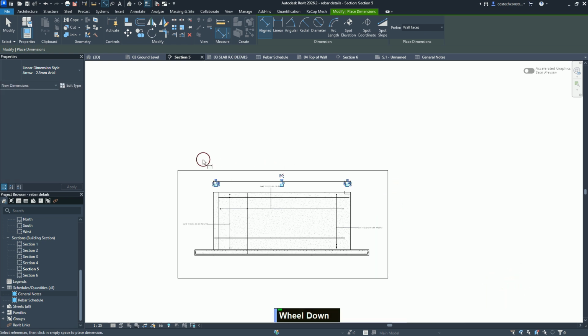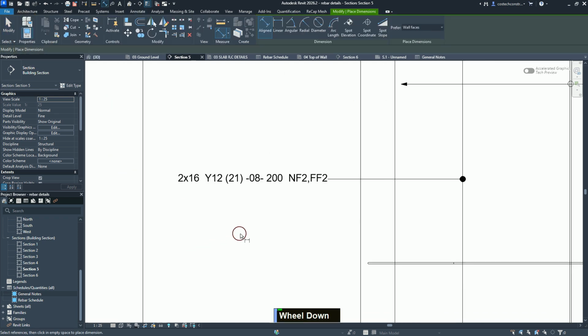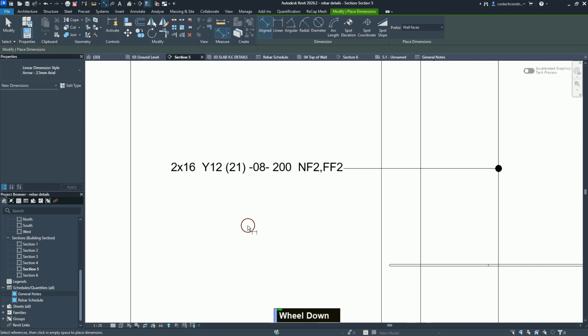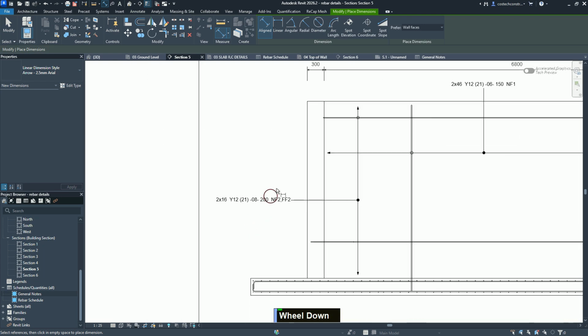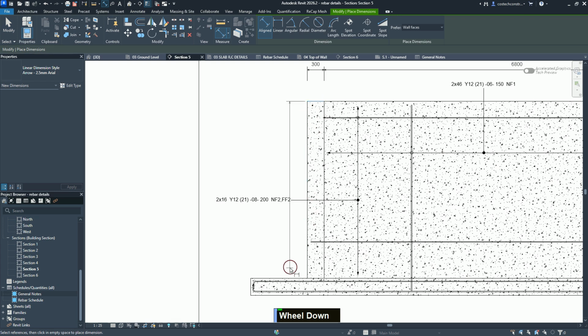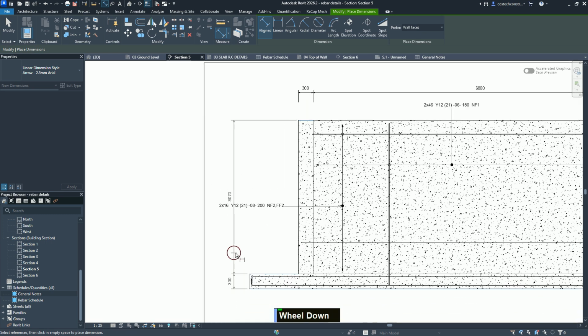We can also add dimensions for the section so that we can represent our levels. For this one, we can add the first one here. So I'll zoom out. Then we start from the top of wall up to this slab. Then you can proceed to add like this. Now for this one, I can